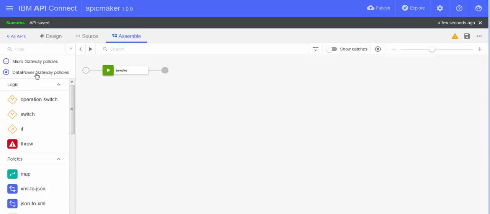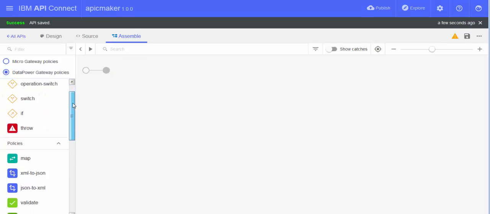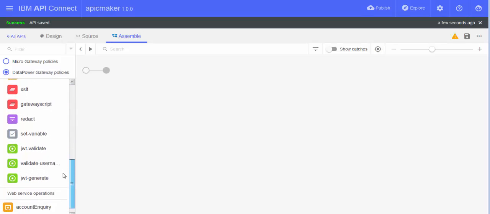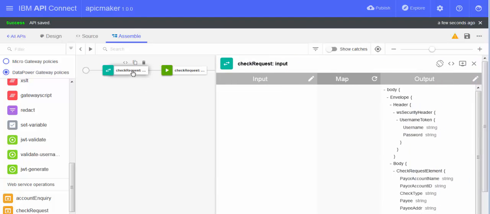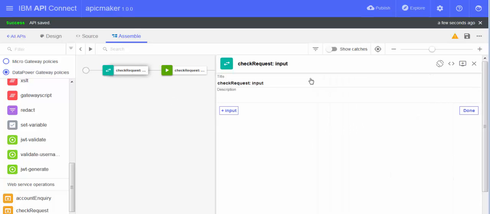Click Assemble, and then on the Assemble screen, click DataPower, then remove the invoke that we will not use. Once you create a service, you can now simply drag the service up onto the assembly line, and because it knows that you created this service from a WSDL that represents a backend service, it automatically creates the two maps. The maps